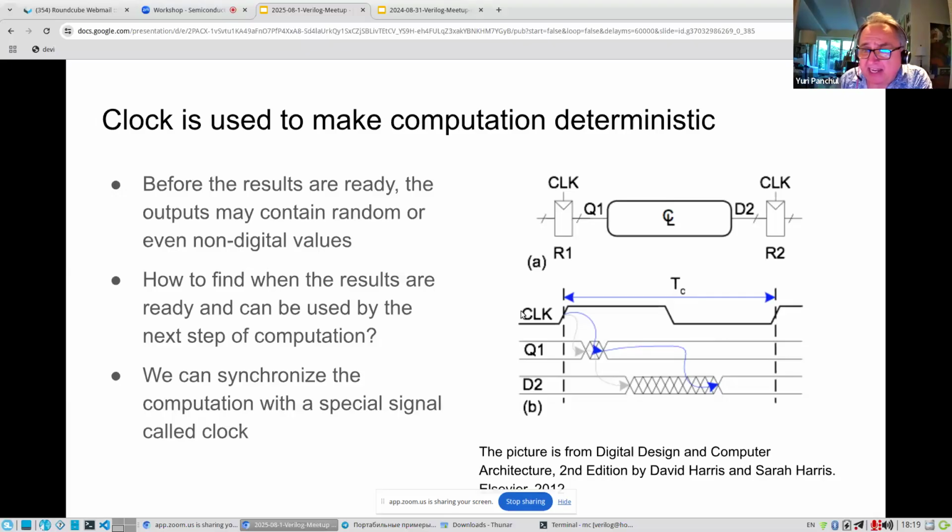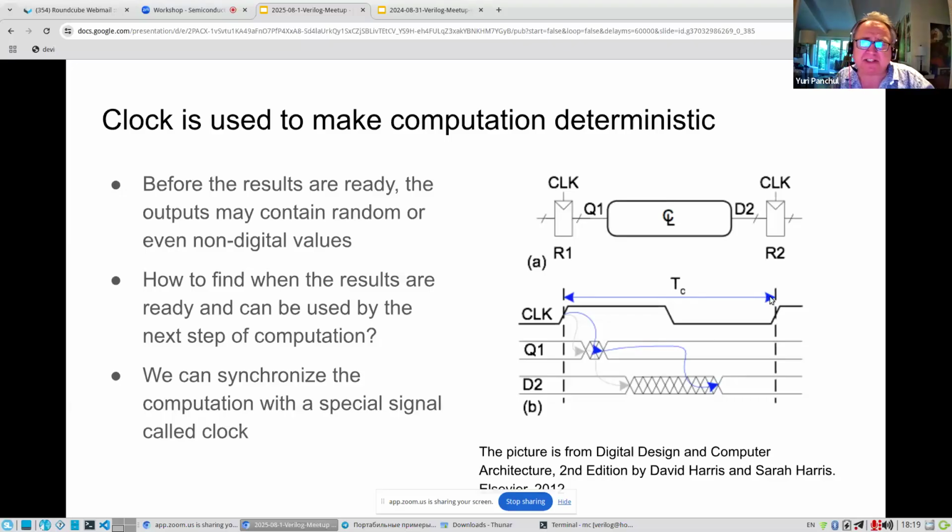And this signal called clock has a certain period, and this period must be chosen to be clearly more than the delay in your combinational logic.